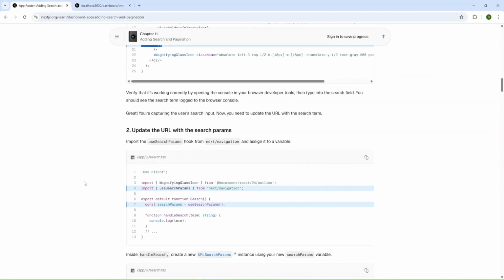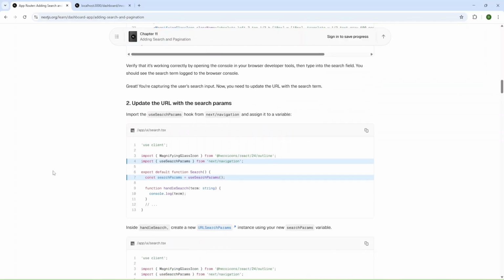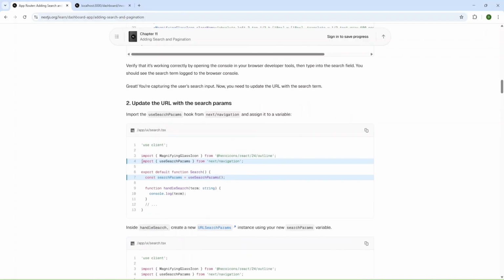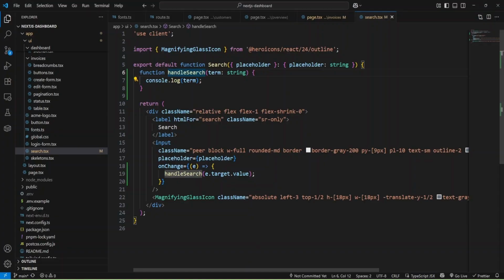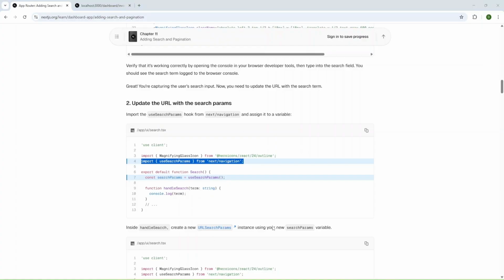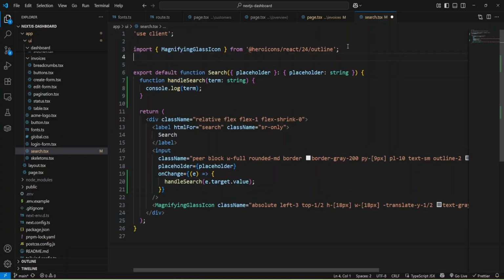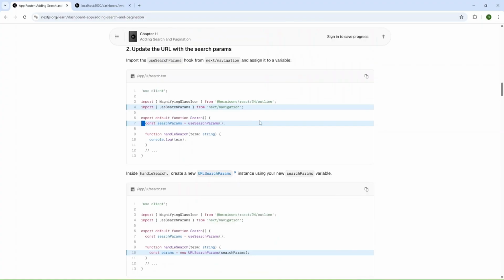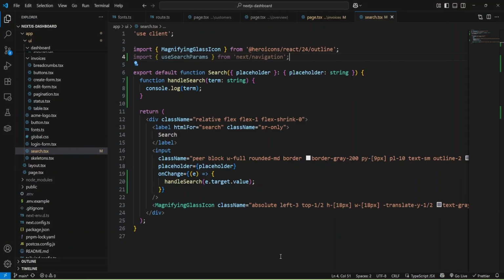Okay, we've verified it, and now we can add our search to query params. Okay, and let's do it. We are going to use a hook from next/navigation. Okay, and inside our search component file, I'll add this import, and then we can use our hook.